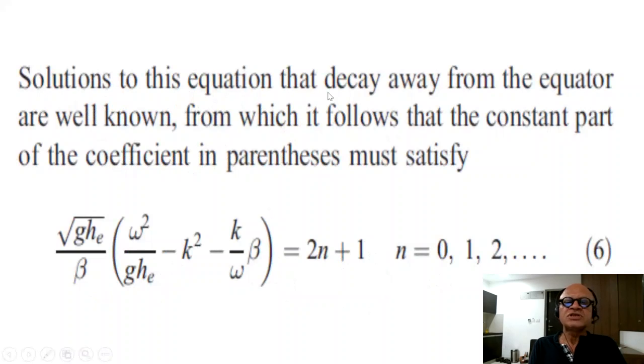So solutions to this equation that decay away from the equator are well known, from which it follows that the constant part of the coefficient in the parenthesis here must satisfy this relation of the equivalent depth or height in the atmosphere. Coriolis df dy is basically beta, you already know that, and these terms here equal 2n plus 1, and n is the meridional